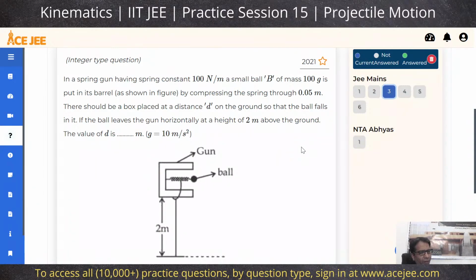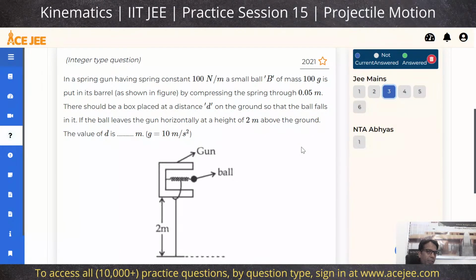So we are trying to find out the distance d. h is half gt squared because there is no vertical component. The distance would be simply v times the time of flight. Now, to find the initial velocity,